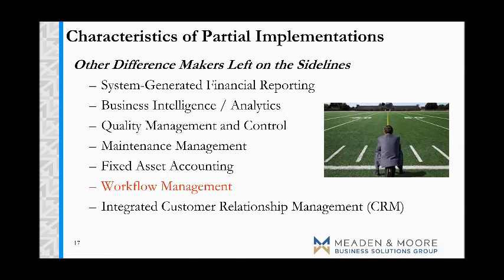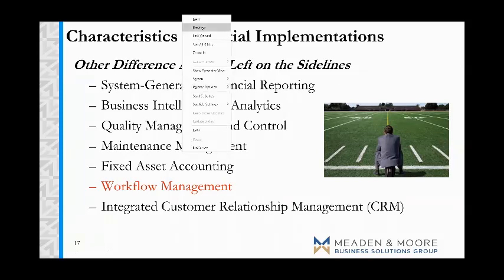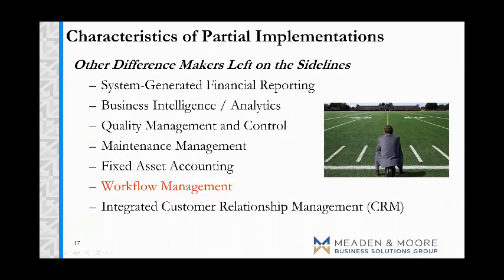And I think this is based on these observations. If some of you are saying, hey, Scott, we've implemented all of these things and we're doing these on this page and on this page, well, I would give you my hearty congratulations and respect, and say to you, hey, join me in doing the next part of the presentation, because our observations are that still many of these things like maintenance management, fixed asset accounting,